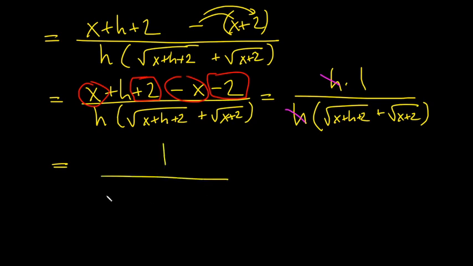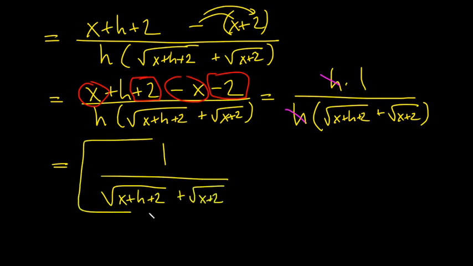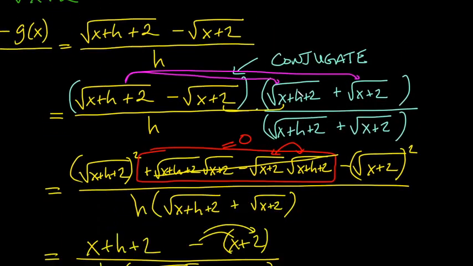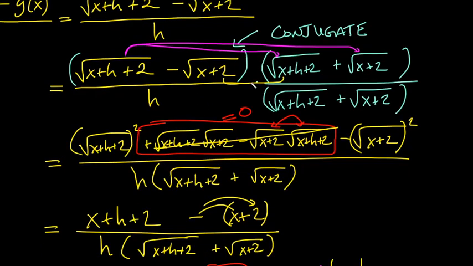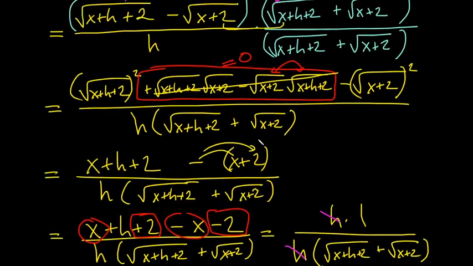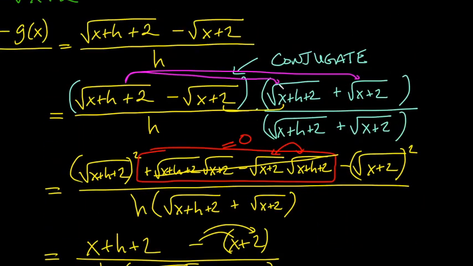And the denominator is the square root of x plus h plus 2, and then plus the square root of x plus 2. And now we're done. So yeah, a lot of algebra. Again, I would encourage you to either look at it again or do a similar one. But in this case, we rationalize the numerator,